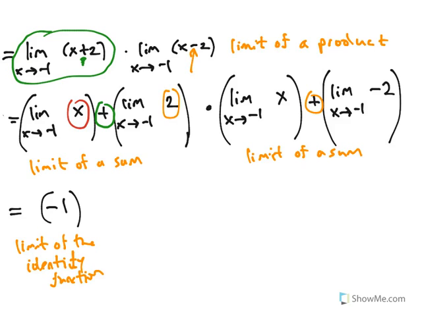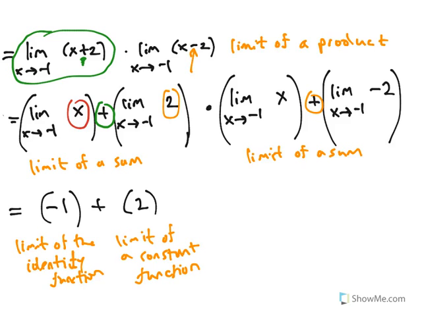And then here you have a constant function, and we know that the limit of a constant function as x approaches c would be just the value of that constant, so it would be 2. So your justification would be limit of a constant function,